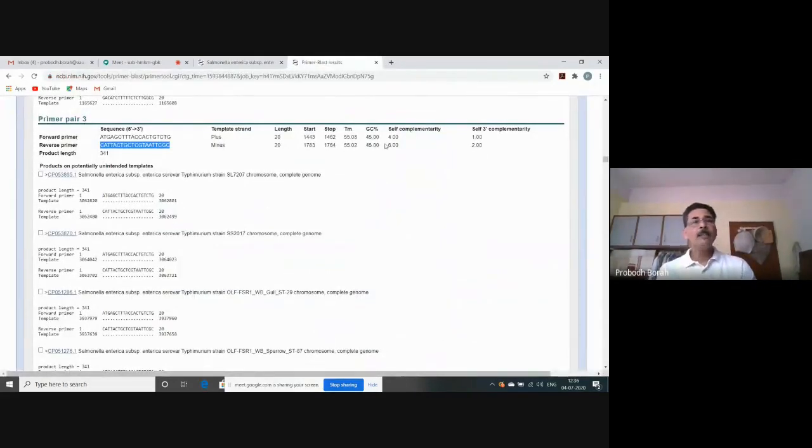Now before taking it to the real PCR in the laboratory, you have to order for the PCR sequence synthesis, and the supplier will give you the PCR sequences. It will take around 1 week to 15 days, depending upon where you are.